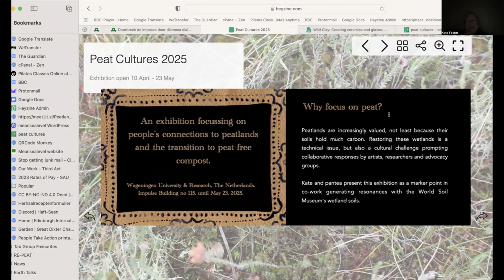This one is in the Netherlands, and I grabbed a chance to work with a Spanish-based friend to show people's connections to peatlands and the transition to peat-free compost. I shouldn't assume that everyone knows what peatland is. It's a landscape scale of development of organic soil with a living green layer which contributes to the ongoing growth.